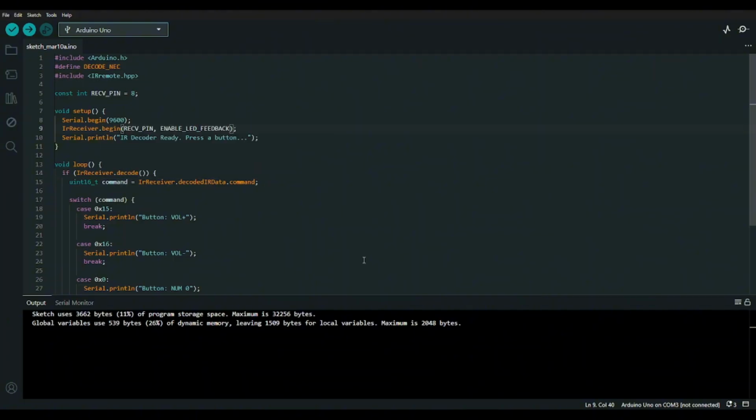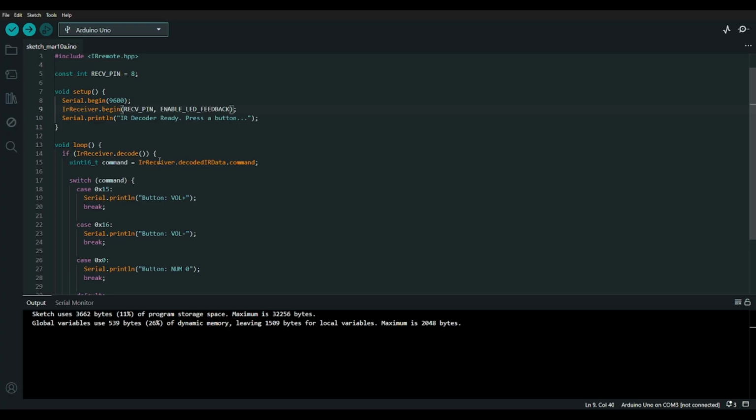And let's proceed to the loop function here. We have the if IrReceiver.decode. So this line is the Arduino constantly checking if a packet of infrared light is received, and if it has the code, then the statement processes the data.